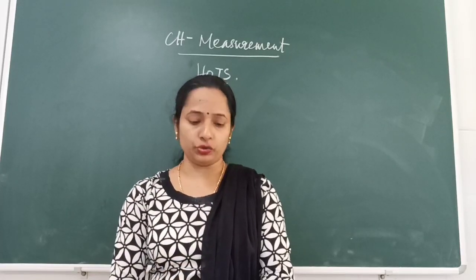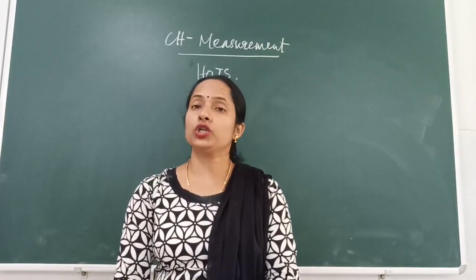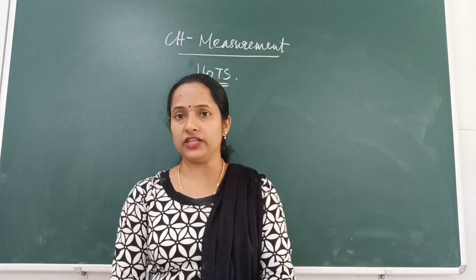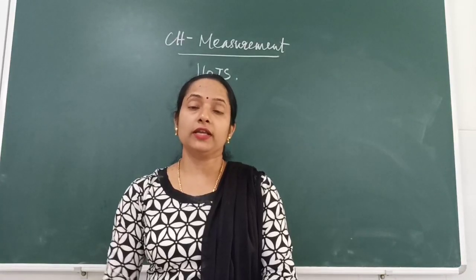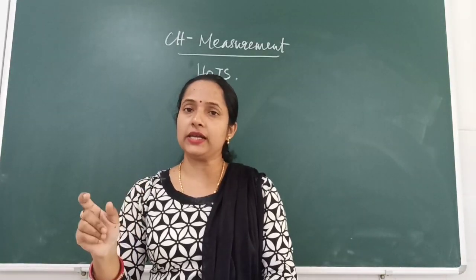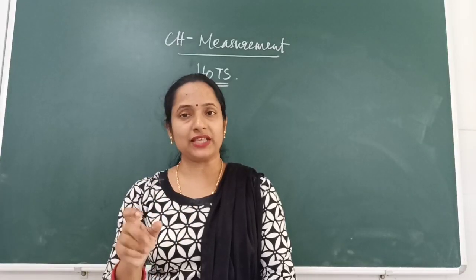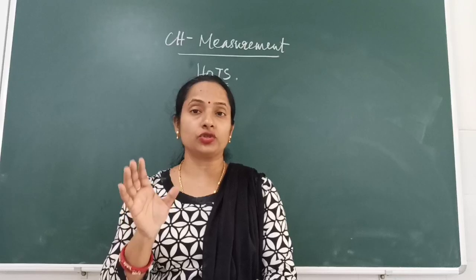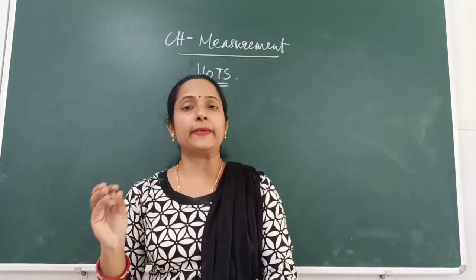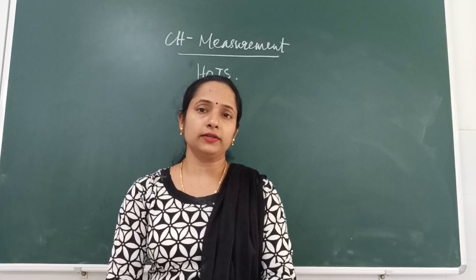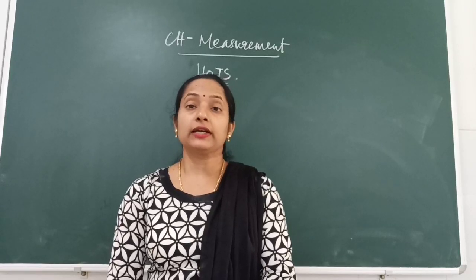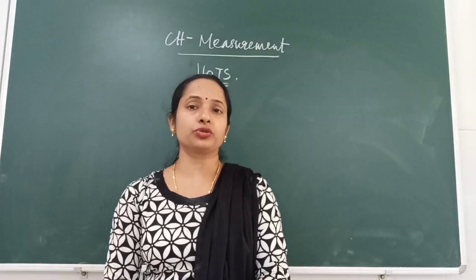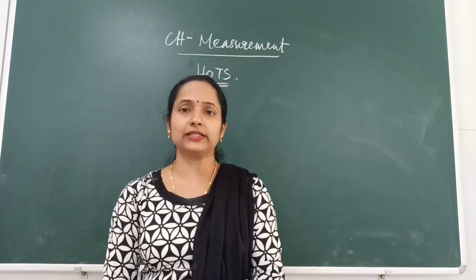So what will you do? First of all, the total quantity is to be converted into decimals and written in terms of liters. As you are given the cost of milk per liter is 15 rupees 75 paise, the cost of the total milk will be equal to the total quantity of milk multiplied by the cost per liter. So children, I have explained how to solve it and what to do. You try to solve this sum. If you cannot do it, we will discuss it in the live class.